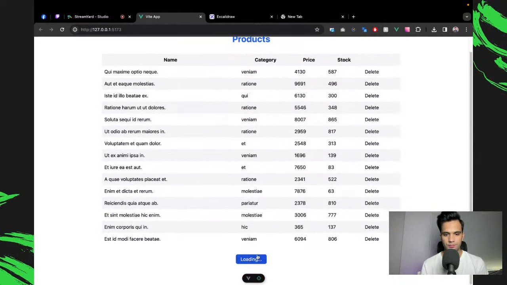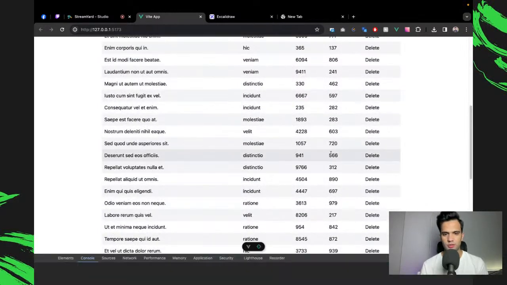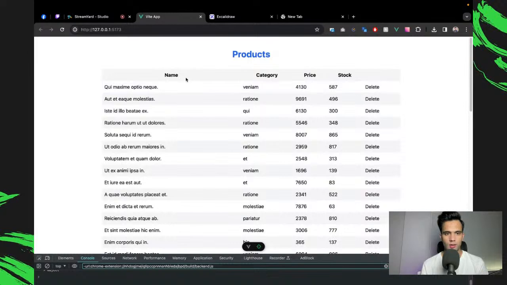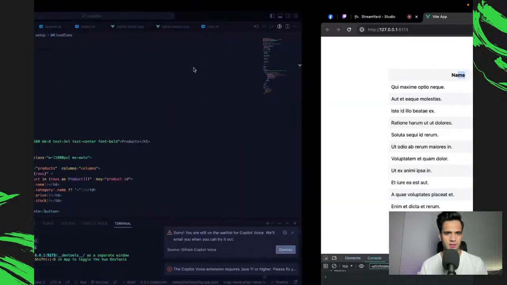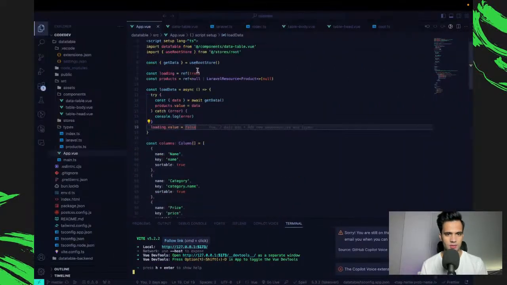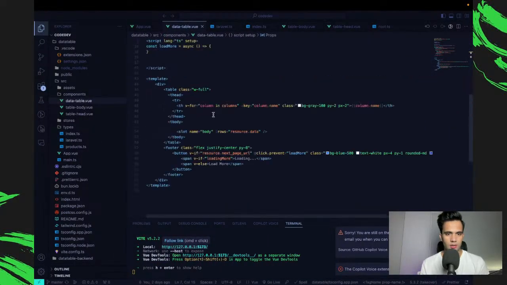So load more is working as it is supposed to. We need to implement the sorting, but before I do sorting, I need to style the header a little bit. Again, styling is not the main concern, but still better to have something going on for the user's feedback. Right now, I'm the only user, but still.